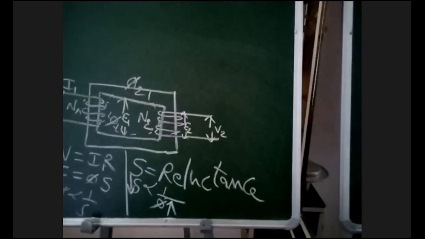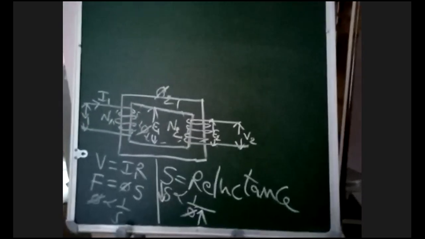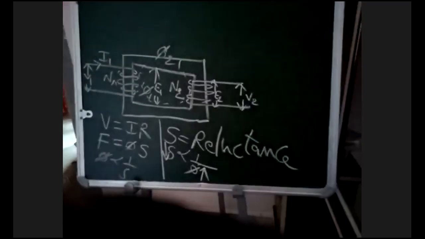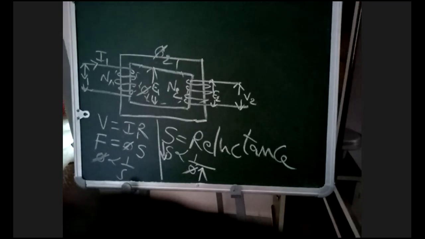Now have you understood what is the core? Any doubt in the core? No, sir. Okay. So in the exam, nobody will ask about the construction of the core. But we should know what the core is and why we are using it. Core is used for increasing the flux. Core is having the property of low reluctance. If reluctance is less, flux will be more. That is the reason why you are using the iron piece in the transformer.